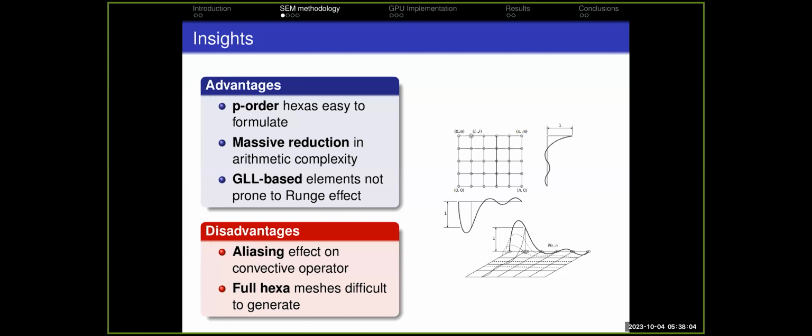The disadvantage is that spectral methods are prone to what we call aliasing effects on the convective operator. So without certain special treatments, you will still see spurious oscillations due to insufficient integration, which can be solved rather easily. And perhaps the biggest problem right now is that generating a full hexa p-order mesh is a rather tall